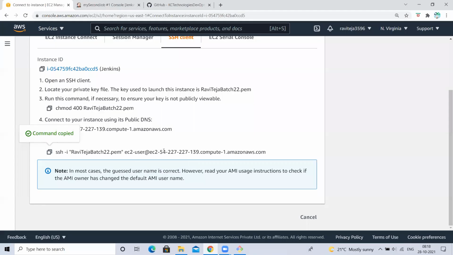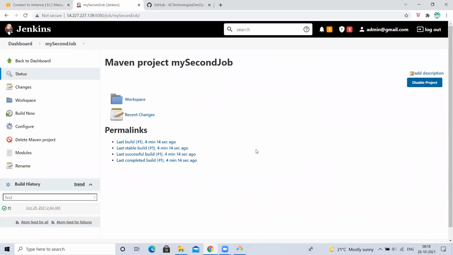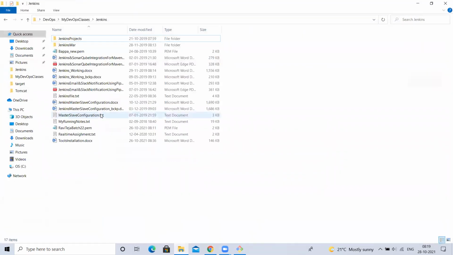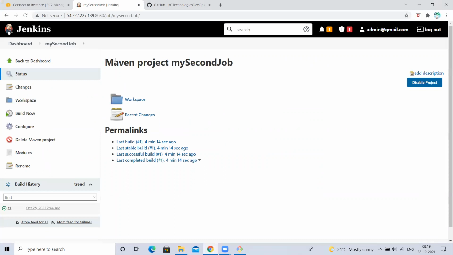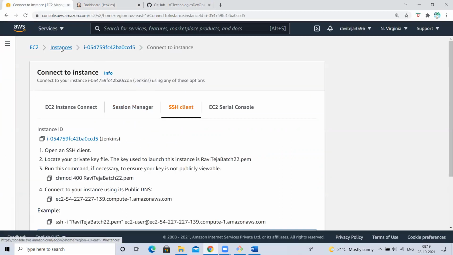Okay, I have created this. Done. Now I want to deploy into Tomcat. So how to install Tomcat? I want to install Tomcat on my machine. So I'll take the same Linux machine, or else if I want to create a different Linux machine also, let me create it quickly again. There I have to install Jenkins, Java. Okay, let me quickly launch an instance for Tomcat.